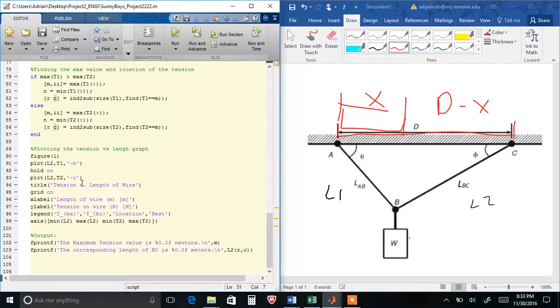And then finally we have our plotting. We first plot the length 2 with tension 1, and then we plot the length 2 with tension 2. Tension 2 is in red, and tension 1 will be in blue. And then we plug in our title, our labels, the grid, the legend, the axis, and then if we run this code,